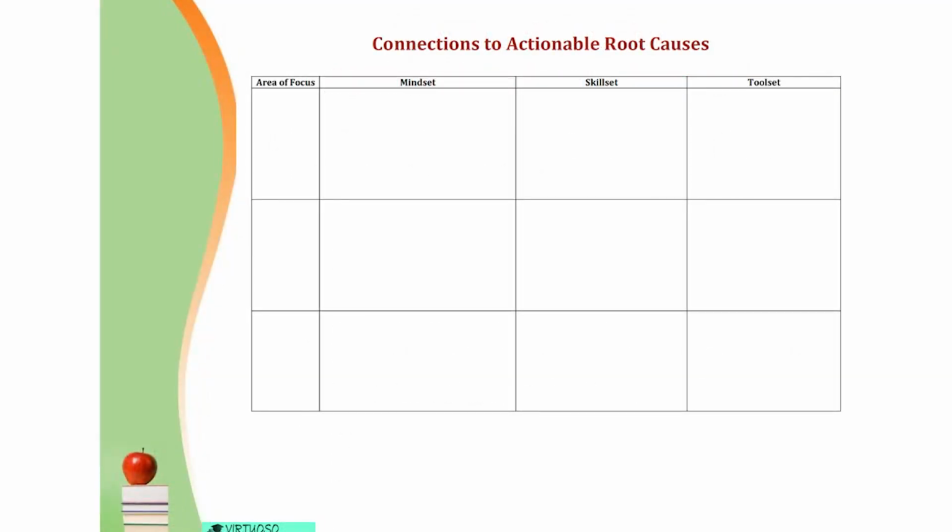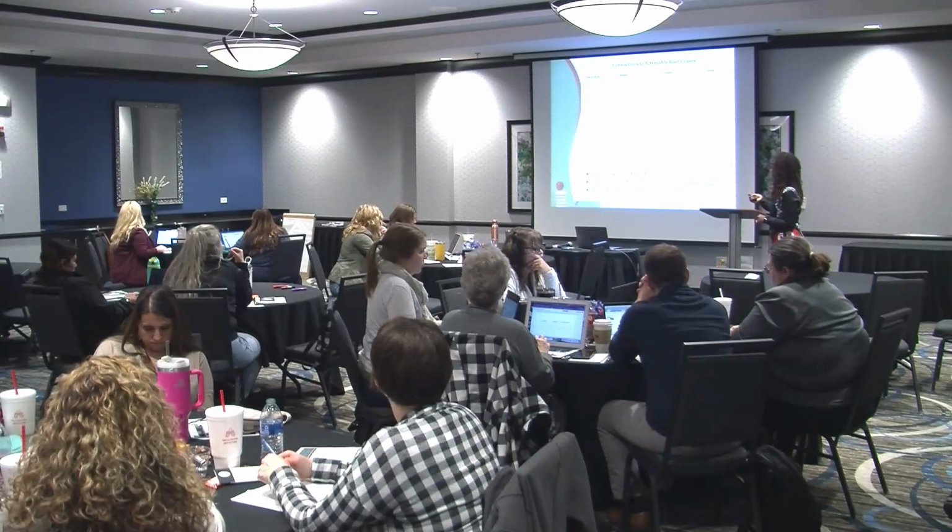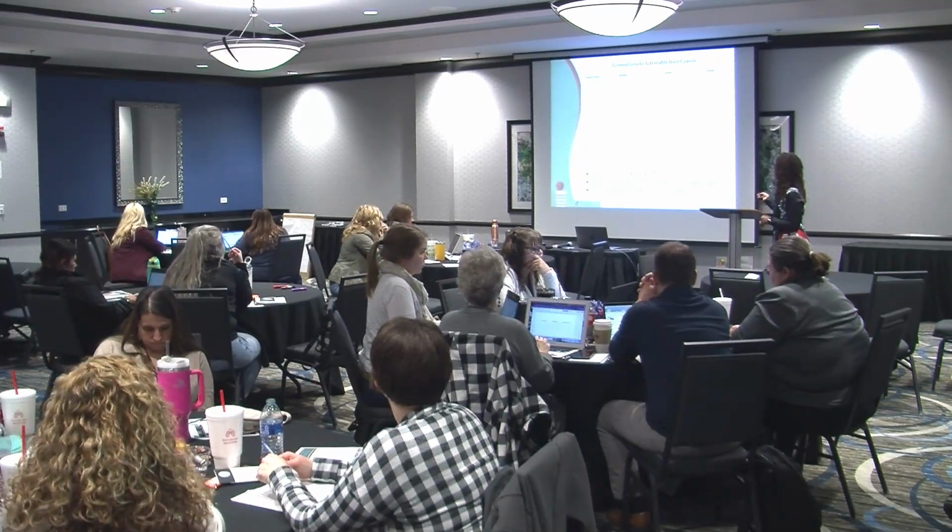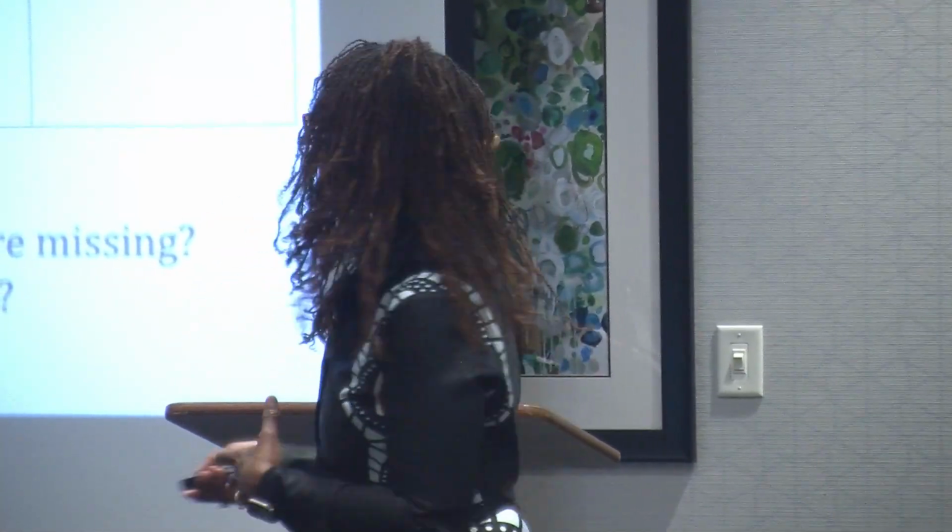I'm going to come back in a second. It looks like this. You're going to have an area of focus, and then you're going to have 3 columns for mindset, skill set, tool set. I'm going to be A-okay if you just do one area of focus. But your work is to address all the areas that you need to address in your spaces. That might not be today, but I want you to do your best to push through at least one so I can support you with that.